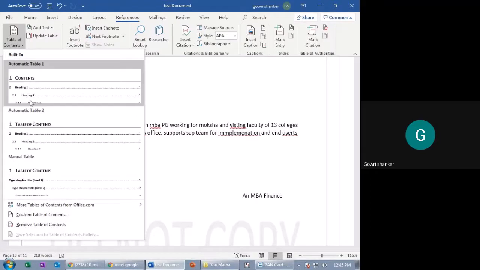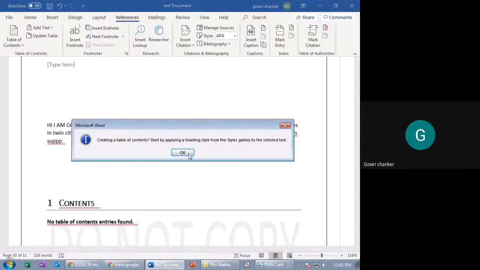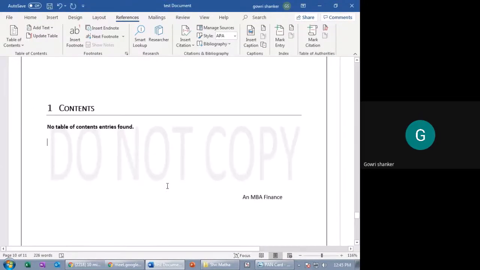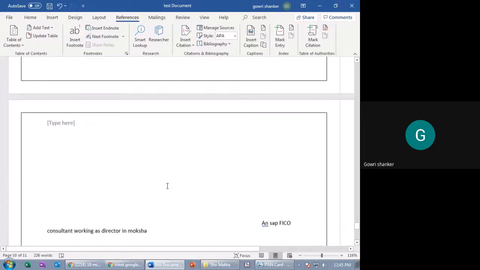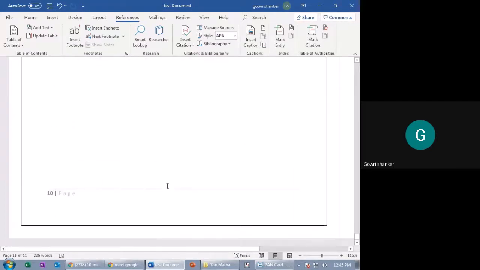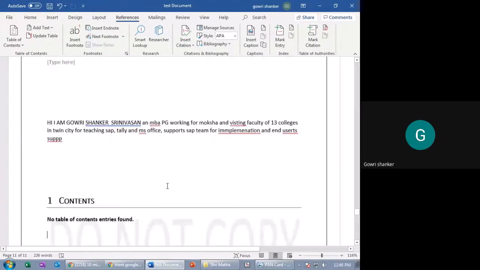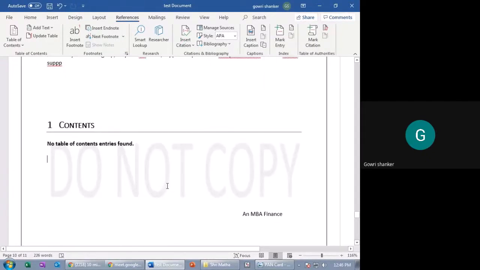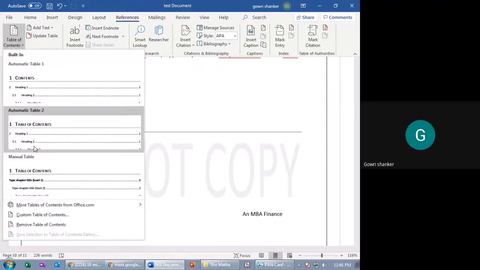Table of contents. You can create a table of contents, with the number of table of content entries found. Right. So you can give different tables of contents. Basically we will be using a table of contents, for example, if I want to give a training program, I want to give you tables, right? This is an introduction, the introduction page of your textbook, the first page. In a similar way you can use different tables of contents.